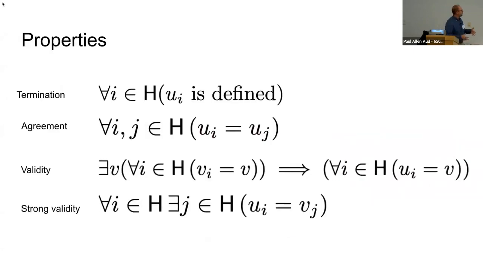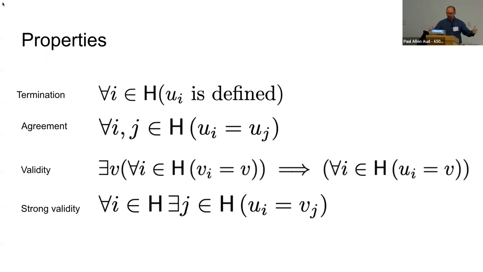Now, the properties of consensus. There is also a set of different properties here, but these are some pretty standard ones. The output should be defined for all honest parties. That's sometimes called termination. The output of the honest parties should agree. That's agreement. And there are a few variants of the other property, called validity. That's the first one you see here. The third one from the top basically says that if all honest parties agree on some value, that should be the value of the output, the same value they produce once the protocol terminates. There are a few other versions, like strong validity, and a few more that have been considered.